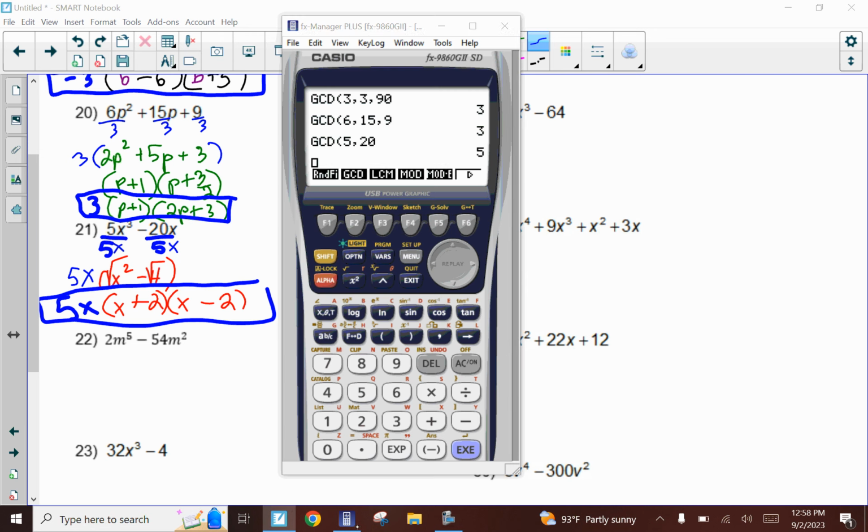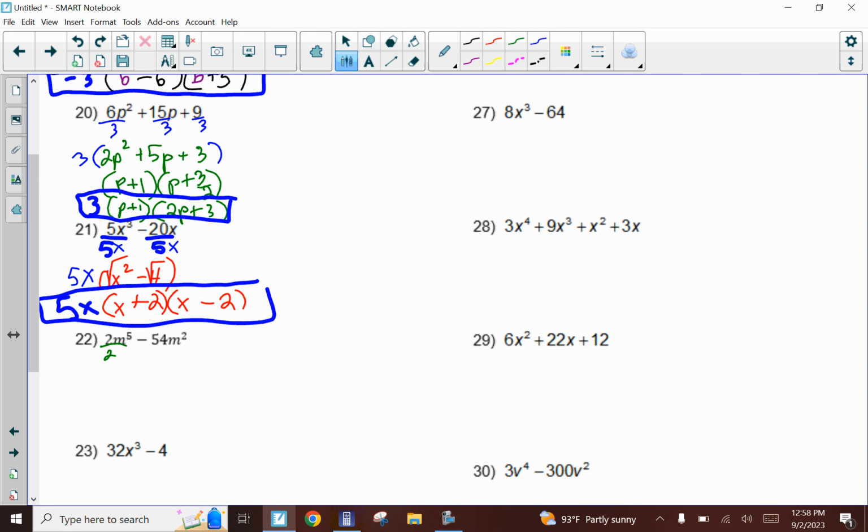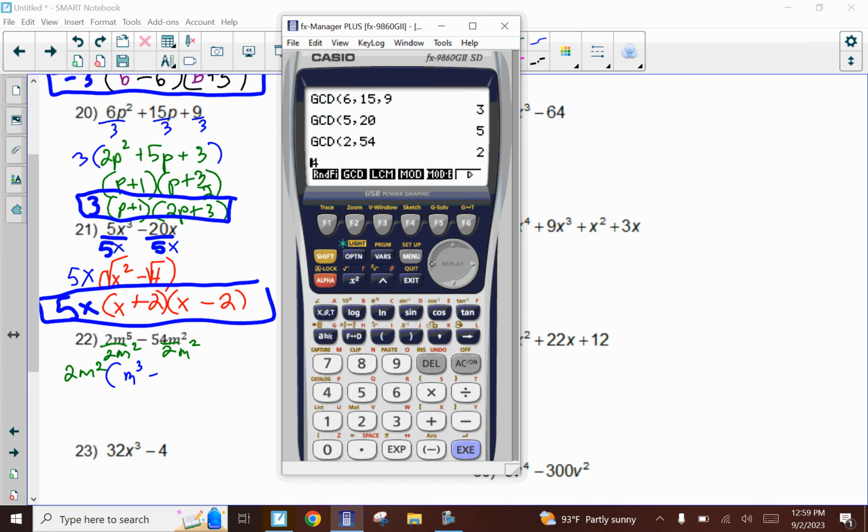Okay, next problem. We're going to have to go to the GCF again. We're going to do 2, 54. And it tells us that the GCF is 2. So let me take out this 2. And I'm also going to take out letters. I'm going to take out an m squared. So 2m squared goes out in front. And then I'm going to have this new problem where it's going to say m to the third minus, I'm not sure, I don't remember what 54. 54 divided by 2 is